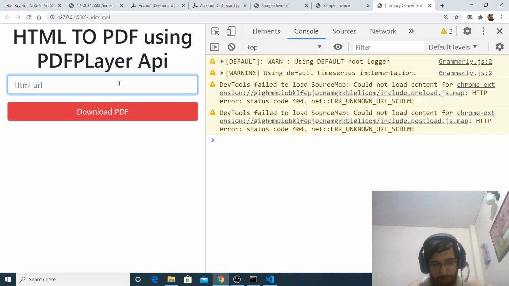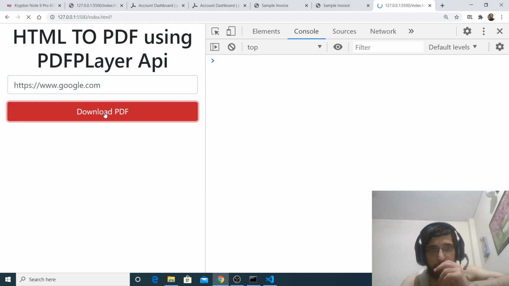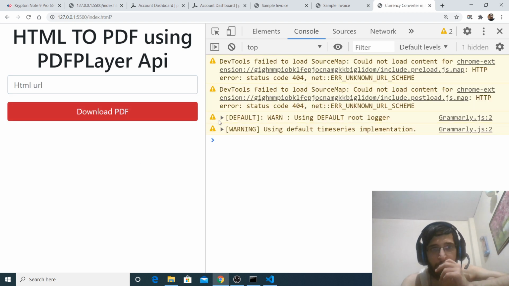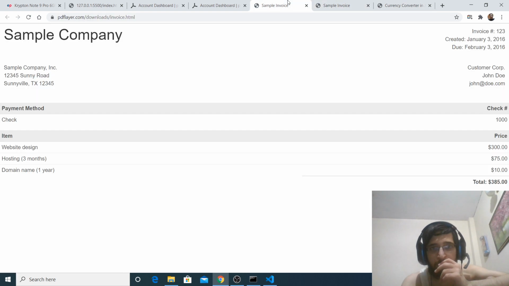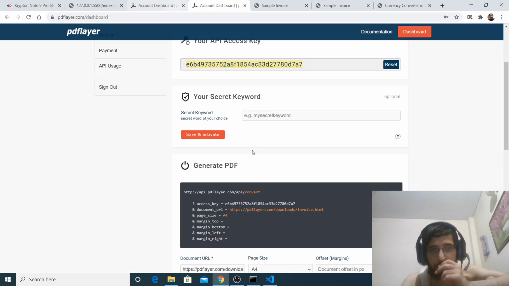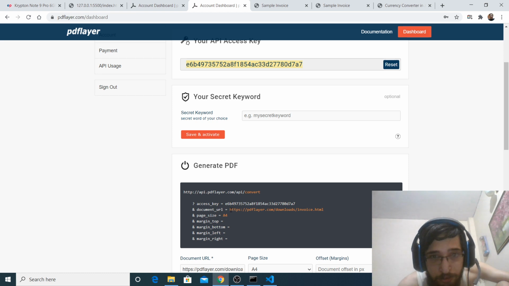If I give any website, https google.com, and click on download PDF, let me just take this URL for now.